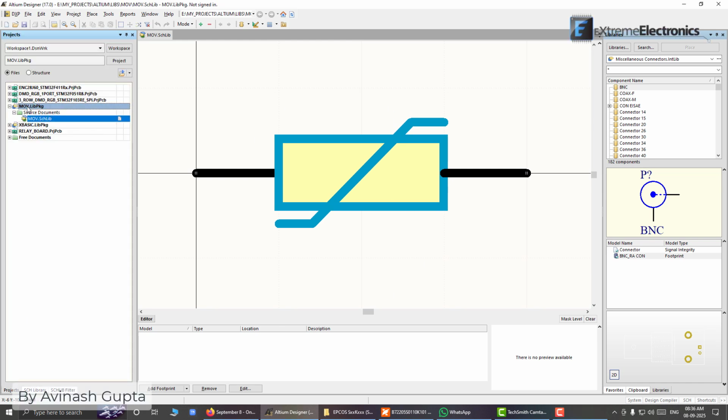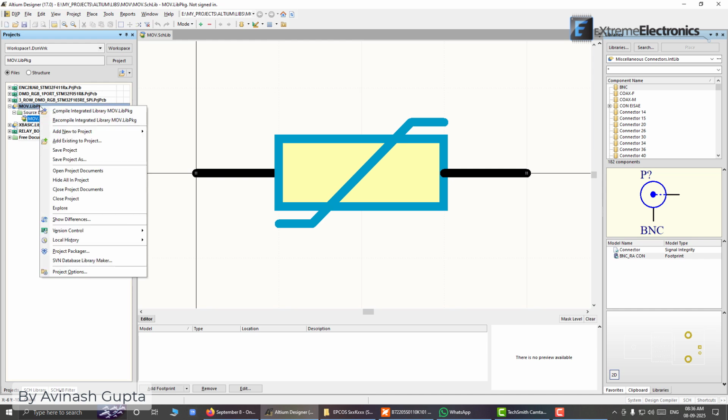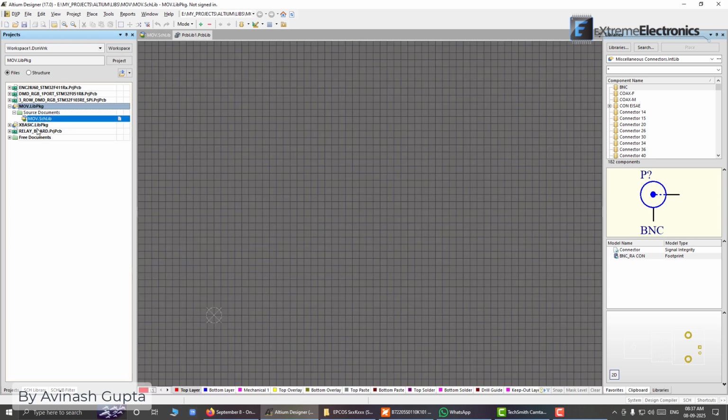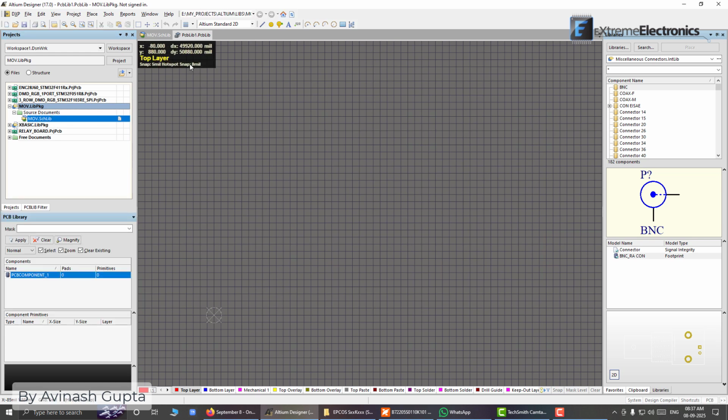So for that, go to your project, that is the mov.lib package or integrated library package. Right click here and click add new to the project. And this time we have to select PCB library. In the previous video, when we were creating the symbol, we chose the schematic library, but this time we will choose PCB library like this, and a file will be created here,